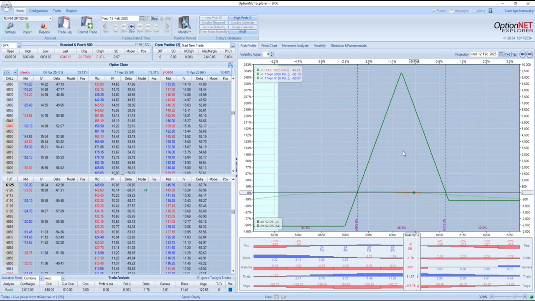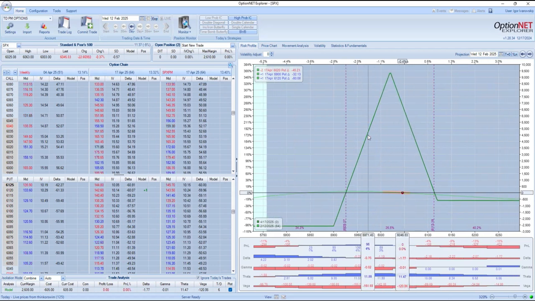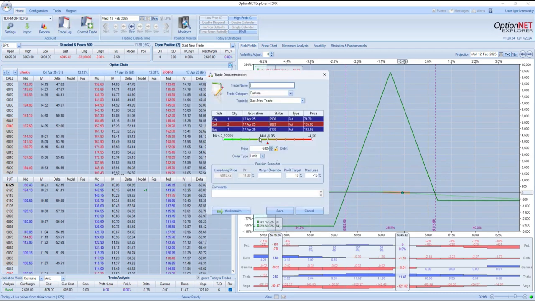So we have a butterfly that is made of two spreads, a put debit spread and a put credit spread. The difference between these two spreads is 20 points, right? 20 points. This trade is going for $6.05. So let's round this off to maybe $6,